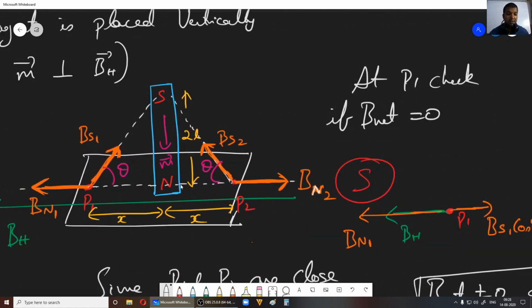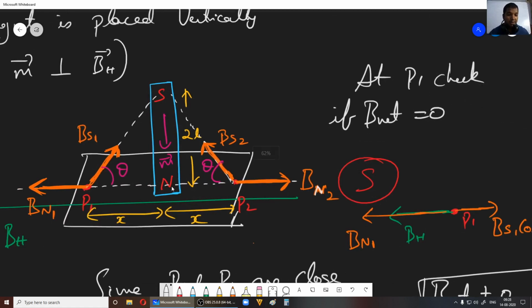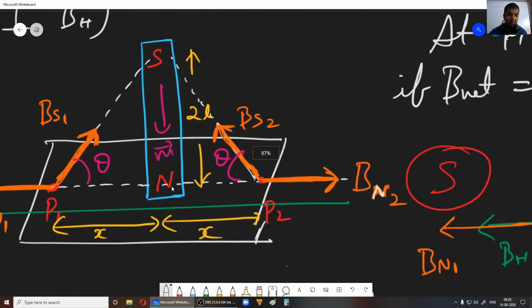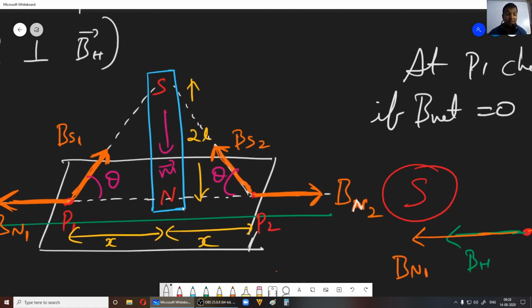So what is the distance here? So treat north pole as a positive magnetic charge. You can say positive magnetic charge, right? Now south pole as a negative magnetic charge, right? Now just by writing kq divided by r square, as in electrostatics, here we have to write mu naught by 4 pi times magnetic charge divided by the distance square, right? Now let us say north pole will associate qm, now south pole will associate minus qm.